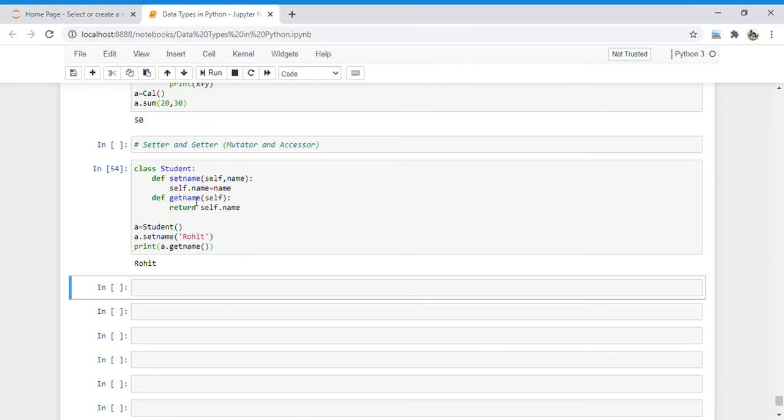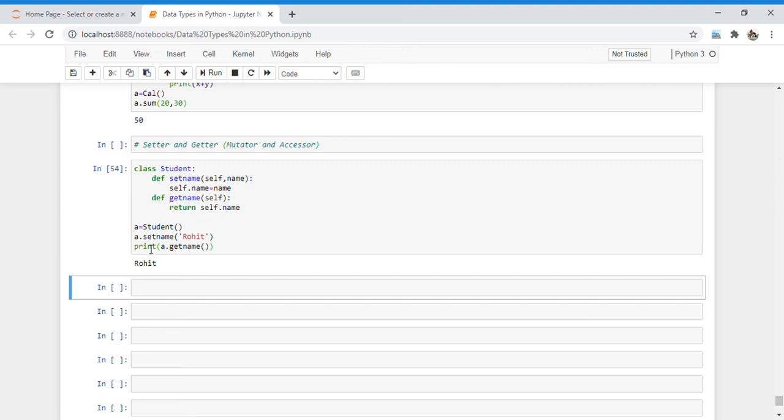So this is a way to use setter and getter inside any class. The setter sets the data, it sets any variable inside the class, and to access or get that particular variable we use the getter.